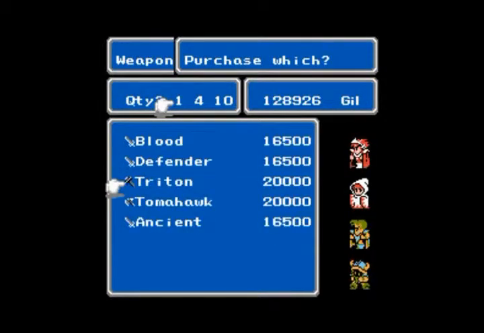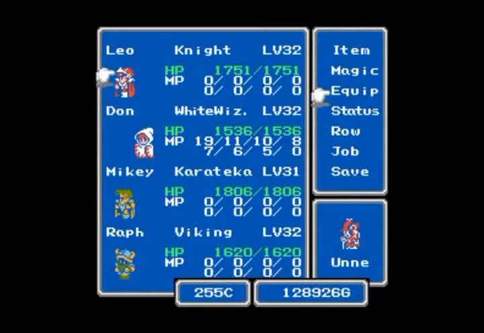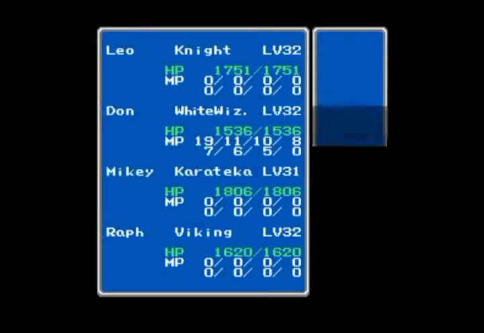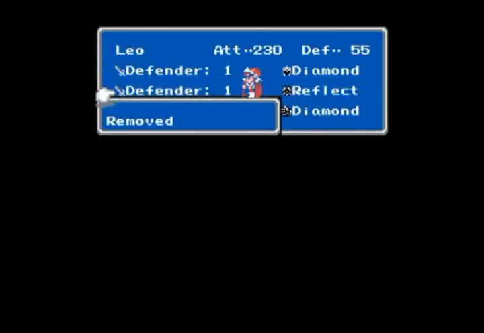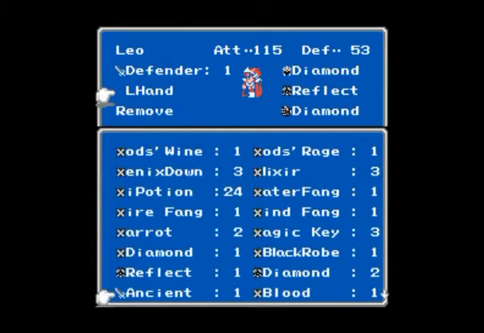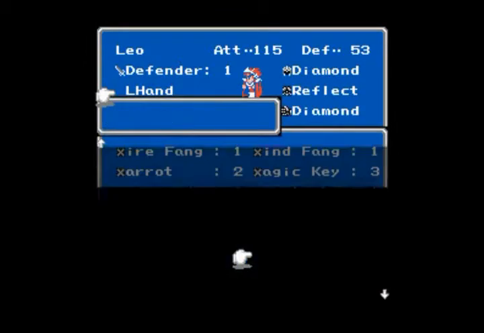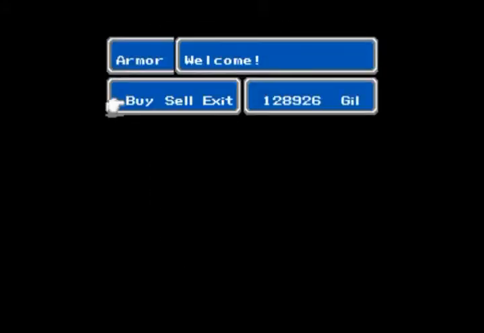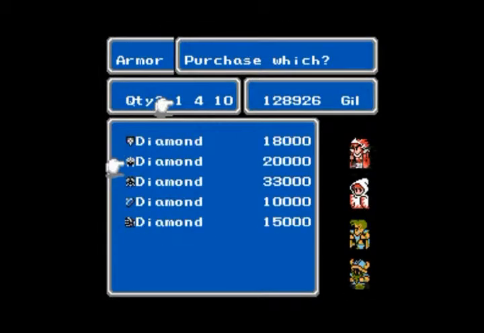Alright, so we can buy a Triton hammer and a tomahawk and an ancient sword. Pretty much weapons we already have by now. We're pretty much good for that attack power and such. I wonder, does the ancient sword pack any attack benefit bonuses? No, it doesn't. I forgot what the ancient sword actually does. See, you've got to excuse me, my memory's a bit foggy. Anyway, and the defender swords are good for defense anyway, so...